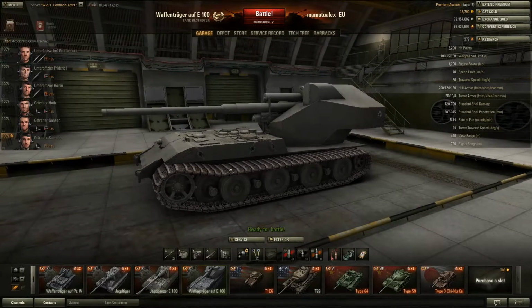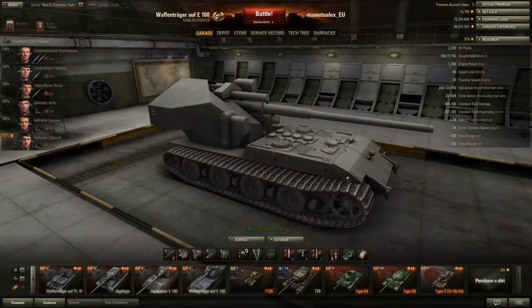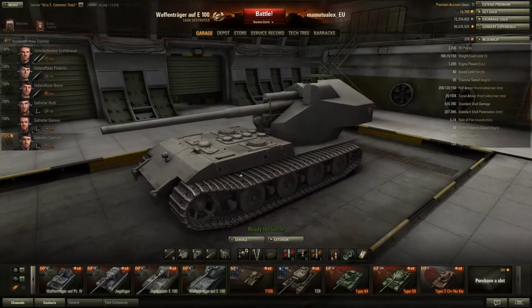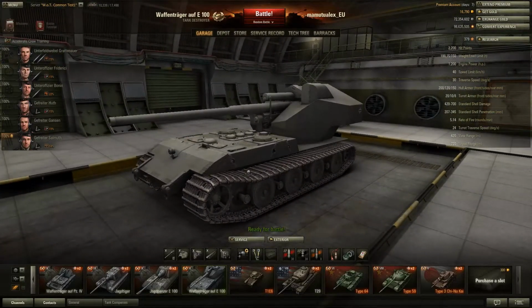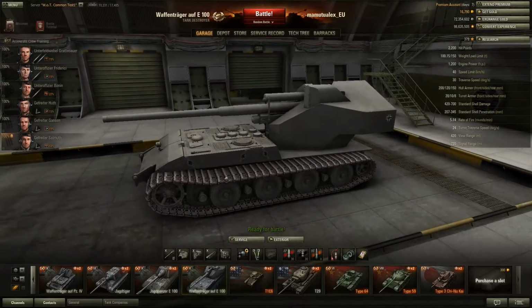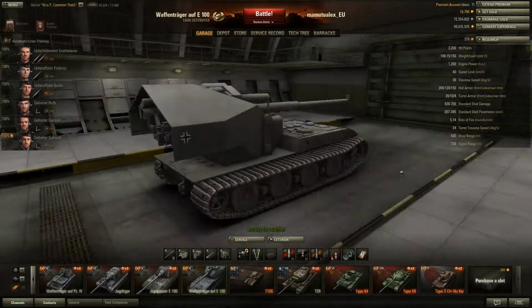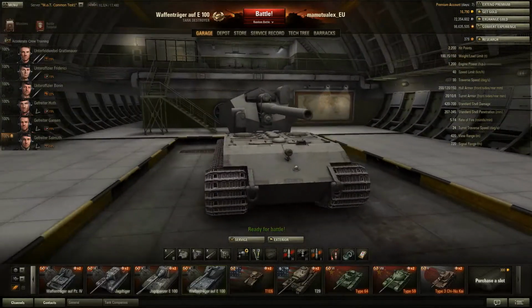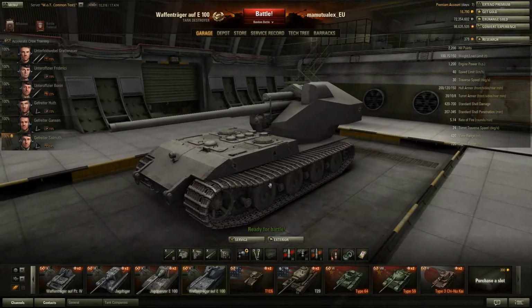This is the new tier 10 tank destroyer for the Germans. Basically, it is the E100 stripped of some armor, with a turret with no armor and a big gun mounted on it. That is, in a nutshell, this tank destroyer. It has the E100 chassis, but